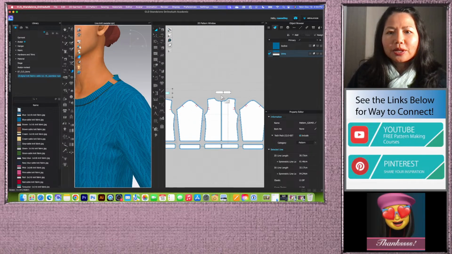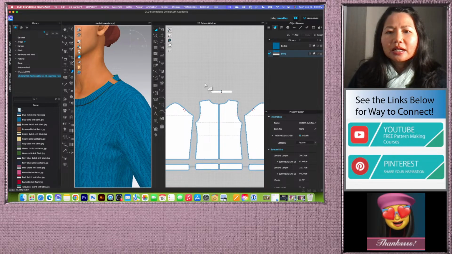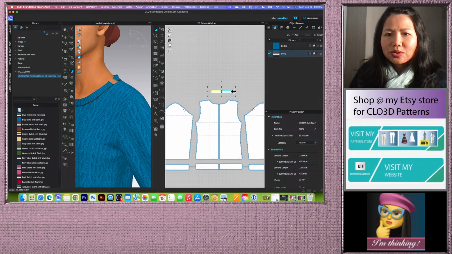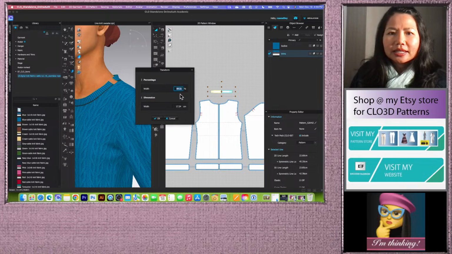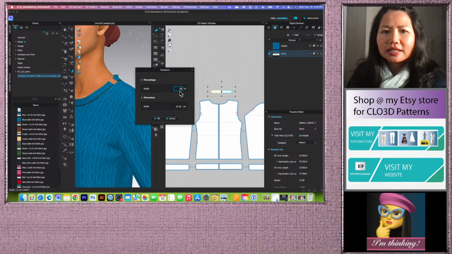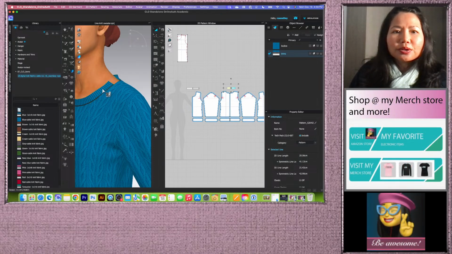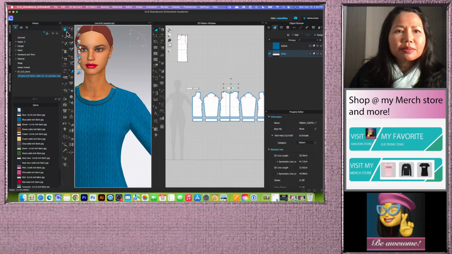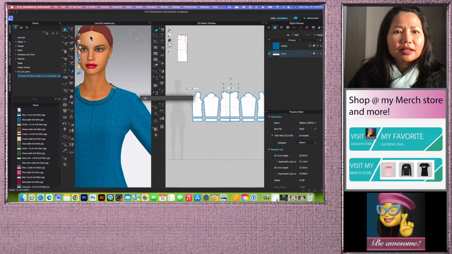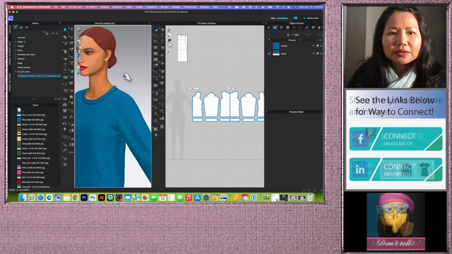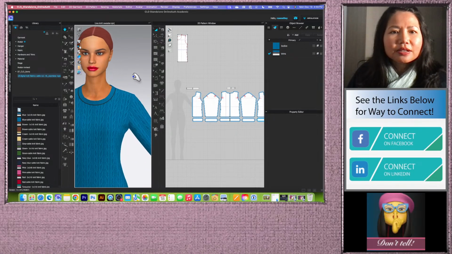So I'm going to come over here, do this back as well. I'm going to my key select that, double click on the center, click, drag it in, right click, and change that percentage to 90, and then click on OK. Alright, so next, let's simulate and see what it looks like. Alright, it looks much better. However, it can be improved. As you can see right here, if I look closely,